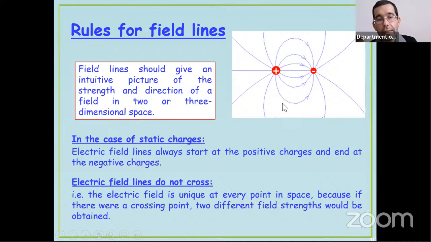As you see, the electric field lines never cross. Why is it so? Because if we imagine such an impossible situation that we have two crossing field lines, then at the crossing point, we should have two options to determine the electrostatic force, because the direction of the force is determined by the direction of the field lines. So it means that here the electrostatic force is not clearly defined. That's the reason why it's not possible that we have crossing field lines.